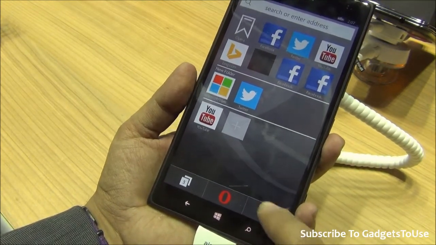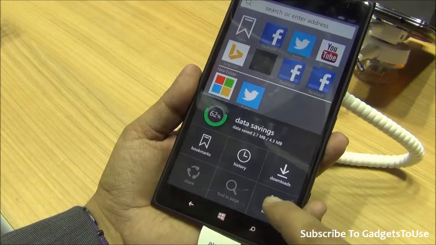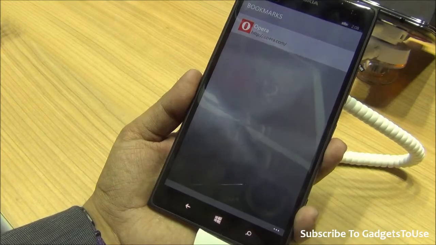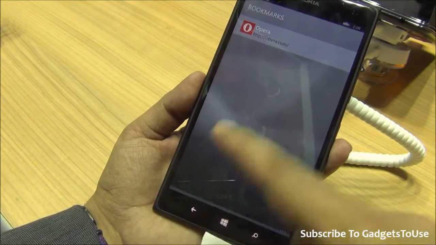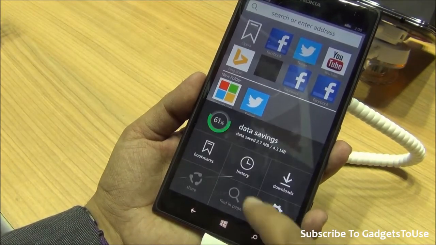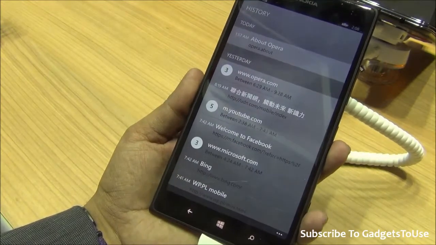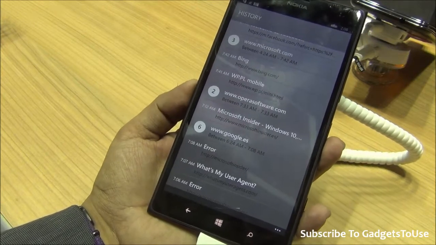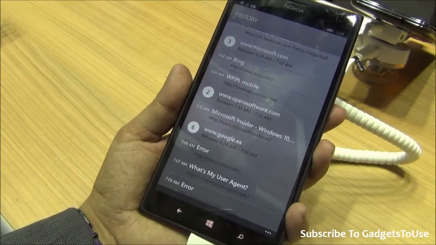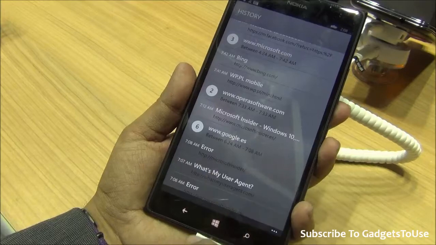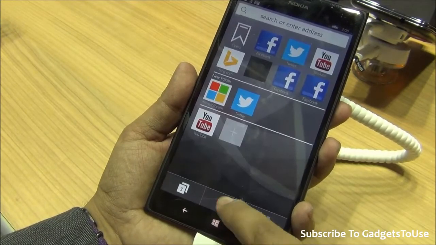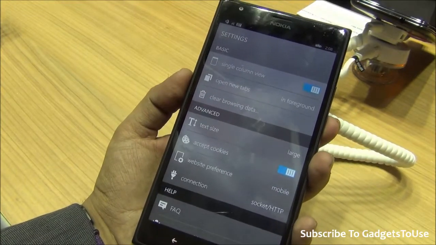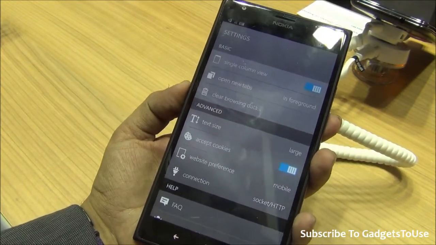And when we talk about some other things, we do have more settings on this particular browser, which includes the bookmarks. You can have different bookmarks which you can specify on the browser, which you can store, and later on you can also check the history. So you can check the complete history, what all pages you have visited. In case you forgot which website you visited, you can retrieve that later and go to that website directly from here by just tapping there. And when you come back, you have some more settings which give you more control over this browser, which is kind of full-fledged in terms of functionality.